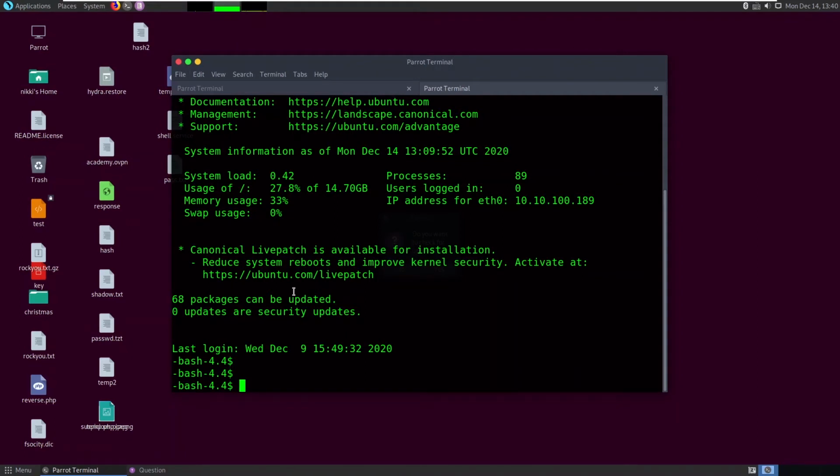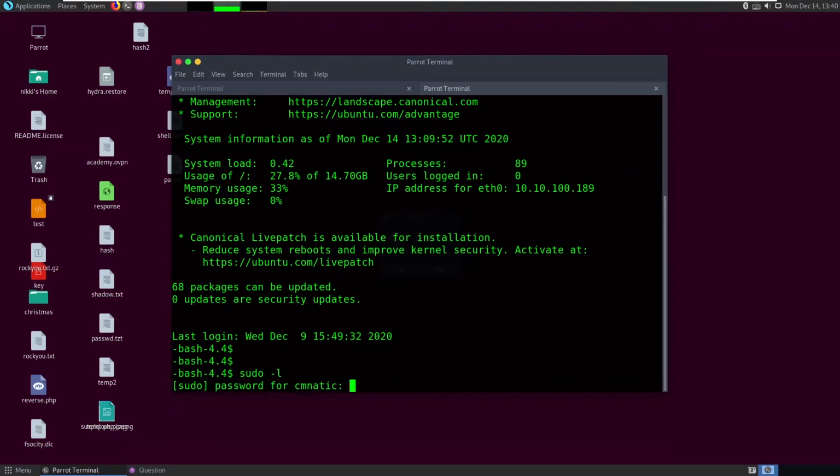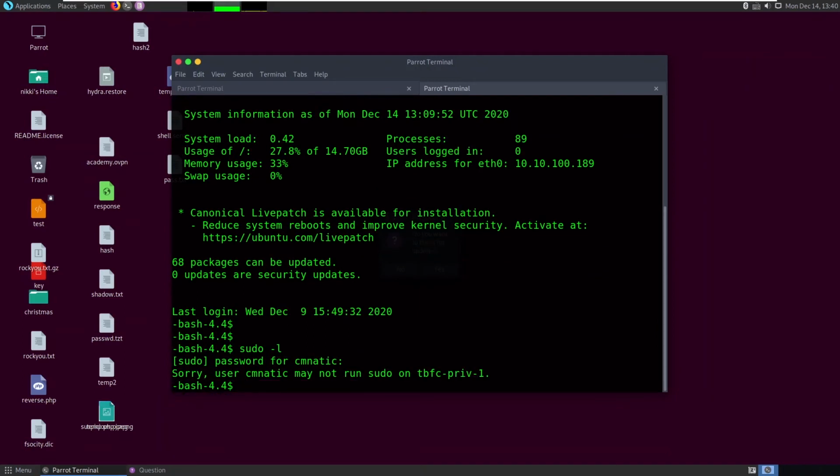Now we need to find some point to escalate our privileges. First let's check our permissions. Let's say sudo -l, and enter the password AOC2020. So cmnatic may not run sudo on this box.